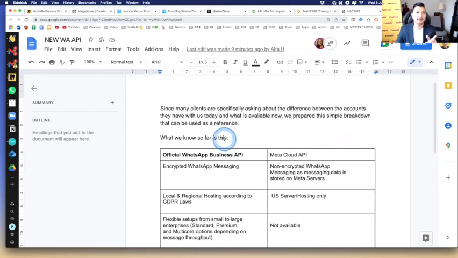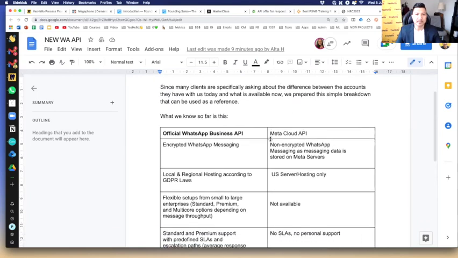So I'm going to link this. I think we can PDF this and then pass it over to them, okay? Whoever wants it. So what we know so far is this. This is not the end all and it is not set in stone. The thing that is happening with the whole industry is that because Meta and WhatsApp are ever changing and evolving, their services and products also change. Therefore, the resellers also have to change the products, right? And that is what is happening right now. So we will update whatever is happening in the industry as it comes along, okay?